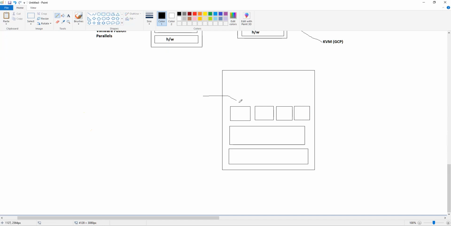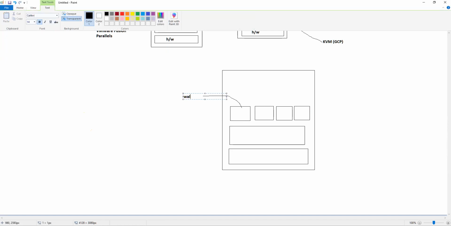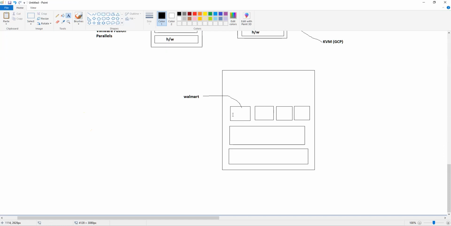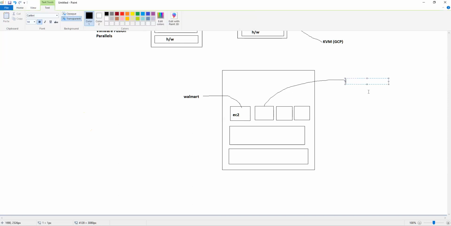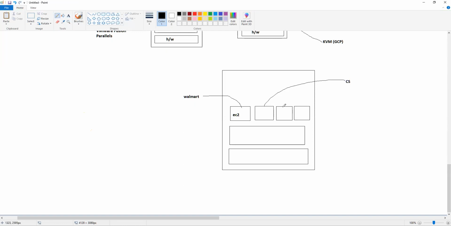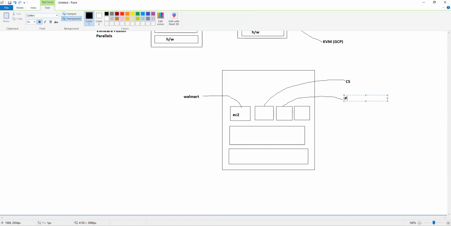Let's say this company was, let me put some name, just hypothesize, Walmart. So Walmart was using this EC2 instance, and then you had probably a bank, let's pick Charles Schwab, CS, some financial institute, and then some pharmaceutical company, let me put some name, Pfizer.